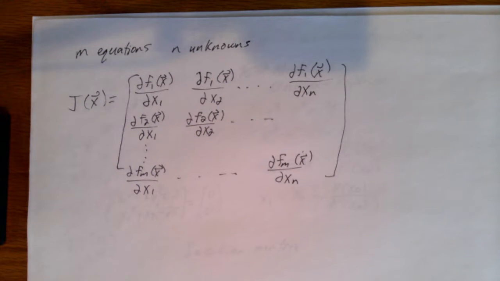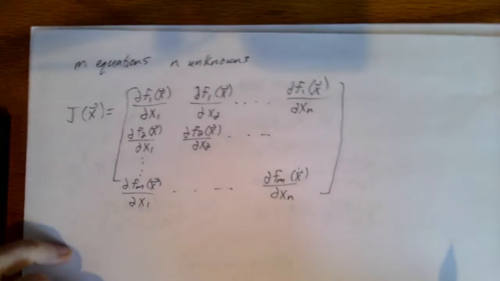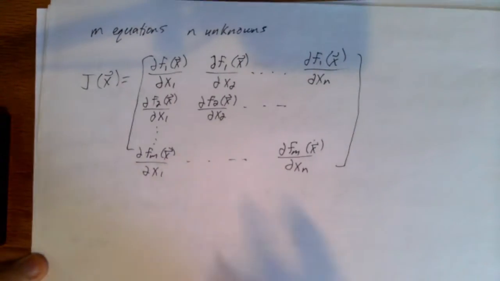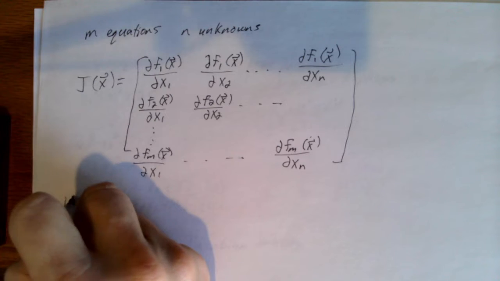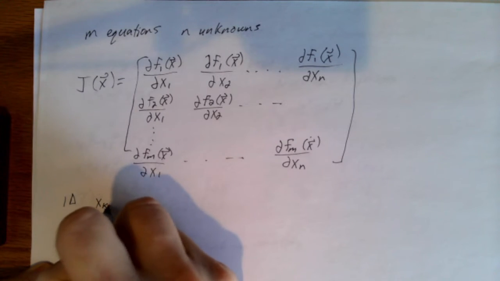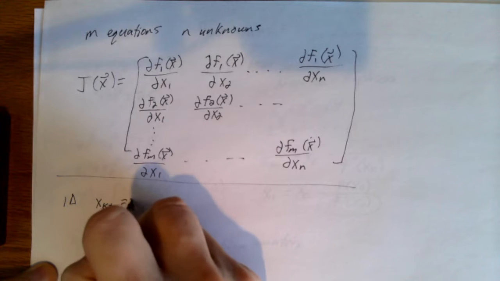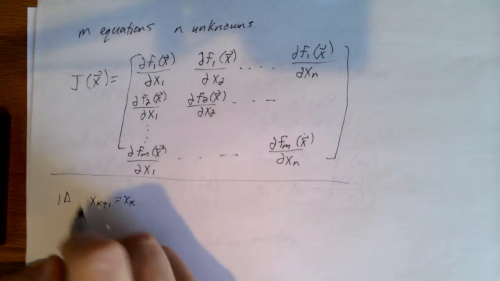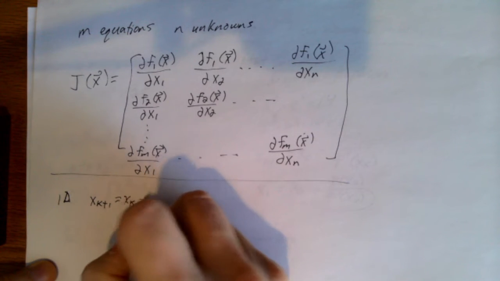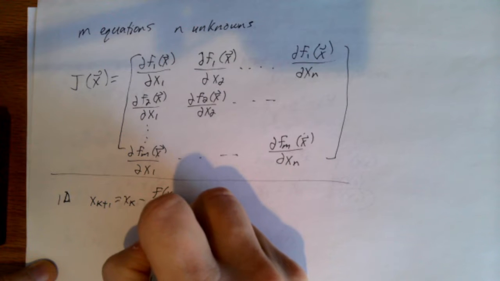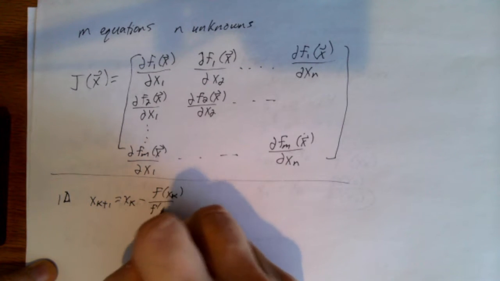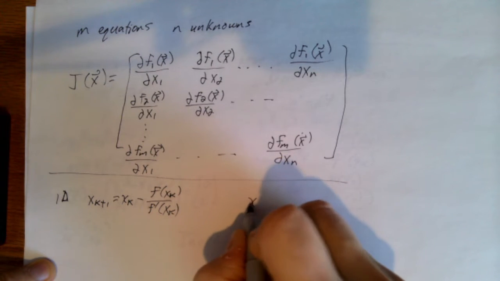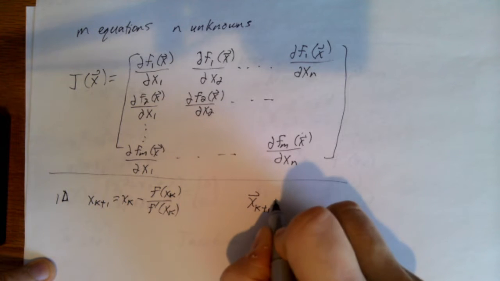Okay? So then if we think about what we had before, basically this right here. For the one-dimensional case, we had x sub k plus 1 is equal to x sub k. These are individual variables, right? Because we're talking about the single equation version. This is one-dimensional, 1D, minus f of x sub k divided by the first derivative of f using x sub k. Well, now what we end up with is that the vector x sub k plus 1 is equal to